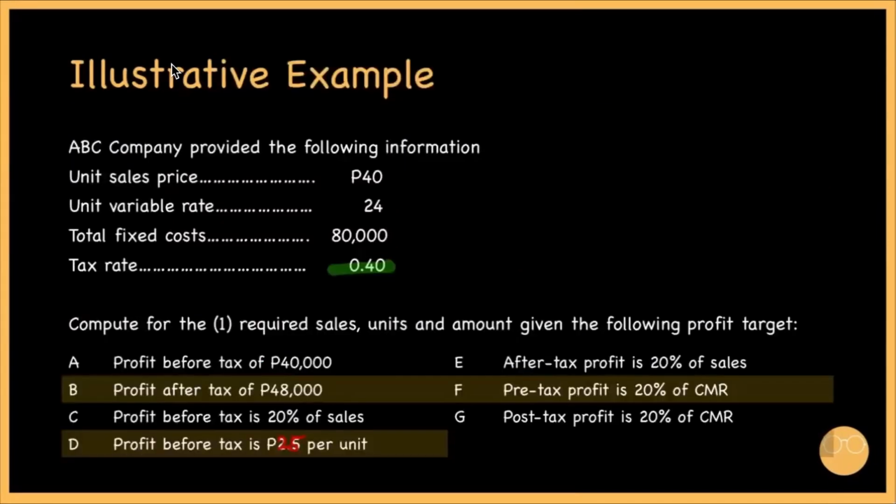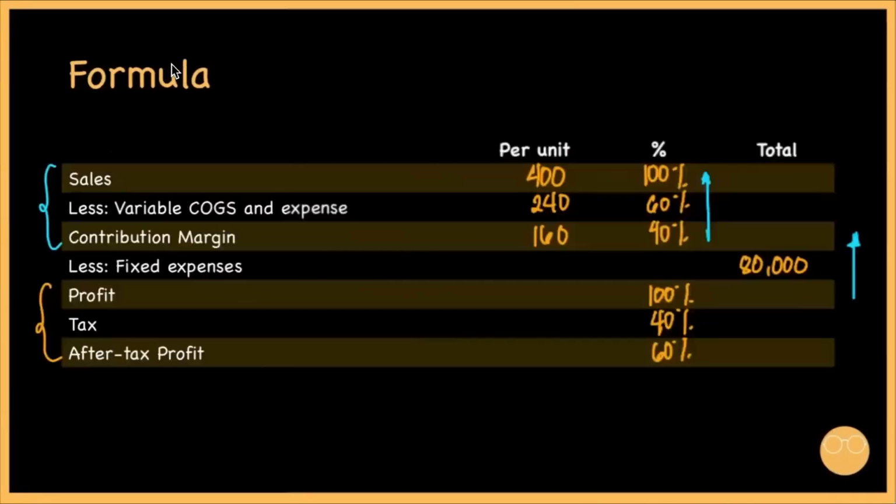Letter E, the after-tax profit is 20% of sales. Let's write it here, 20% of sales. Again, the profit does not have the same basis with the sales. So we should be able to translate first the after-tax profit. And how should we do that? 20% divided by 60%,